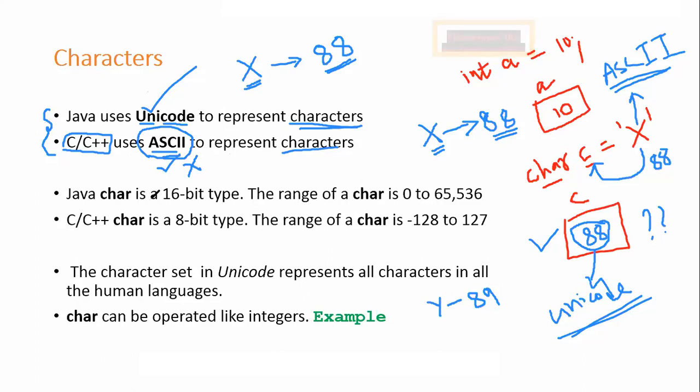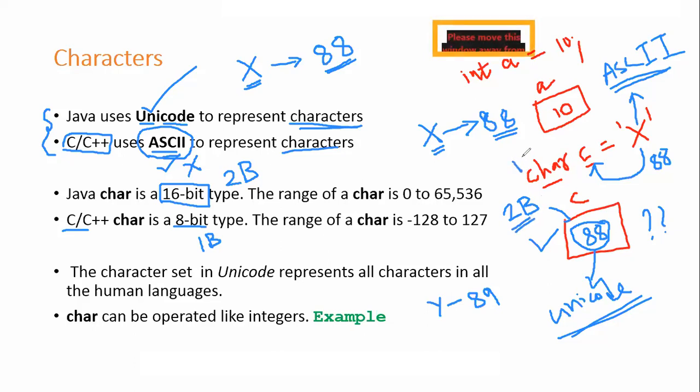Next, with respect to Java, a character occupies, sorry, a character is going to occupy 16 bits, which is 2 bytes of memory. Whereas in C and C++, a character occupies 8 bits, that is 1 byte of memory. So here I've declared a variable c as char. Since it's Java code, the memory allocated for c is 2 bytes. If I did the same in C++, it would occupy 1 byte. So memory allocation also varies.